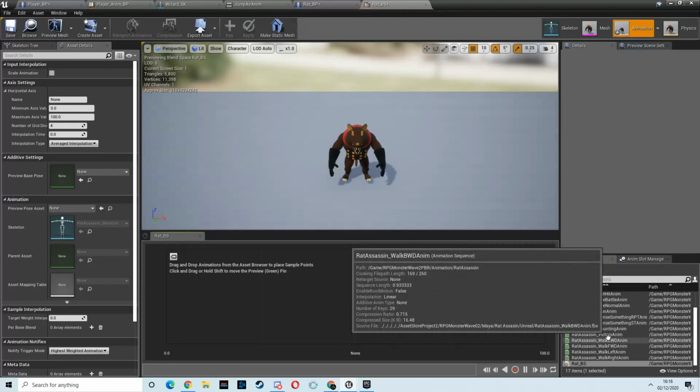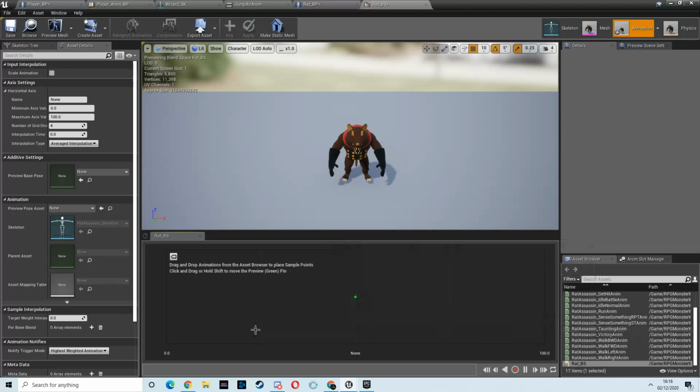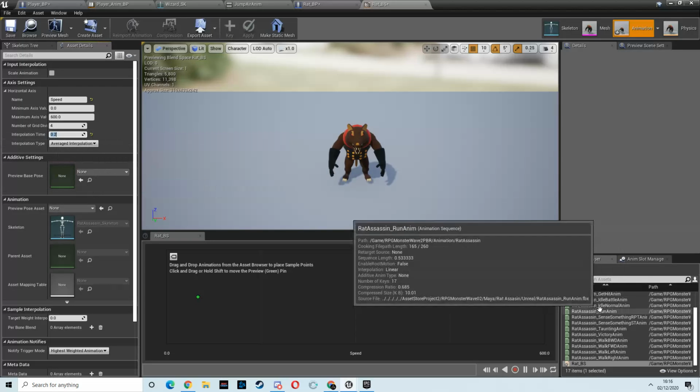Now we do have walk forwards and backwards with this guy, but I think we'll just go for a walk forwards for now anyway. We'll create more complicated AIs as we go. So speed for the horizontal axis, then 600 for max. Grid divisions we'll leave at 4, 0.2 for the interpolation, and we want